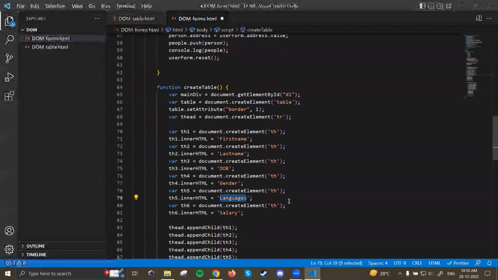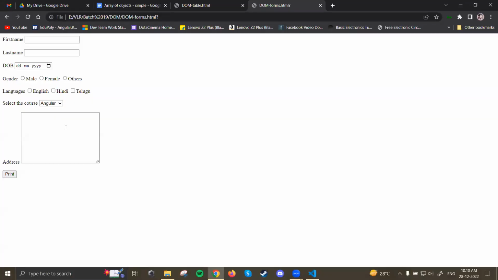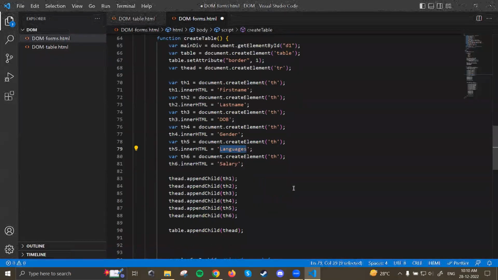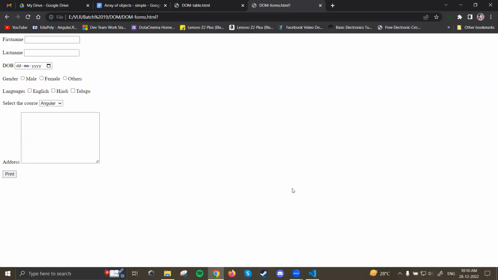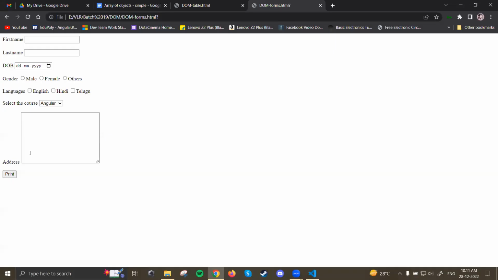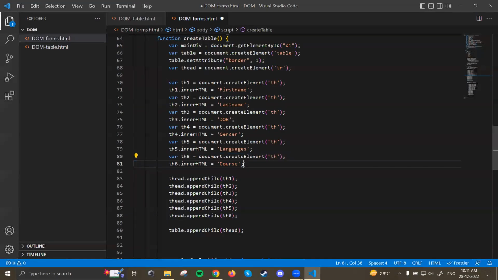So languages will be an array, so an array can be printed directly, no problem. If you print an object, then you get errors, but if you print an array, you will never get an error. It will be printed as a string only. Okay, then after languages we have course. Then we have to create more. After course we have address as well, so I'll put another one,